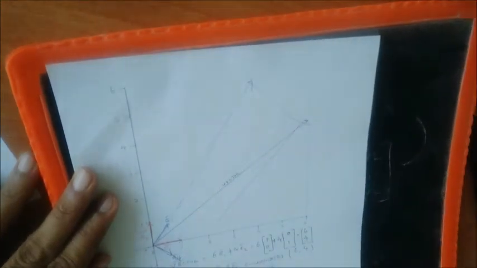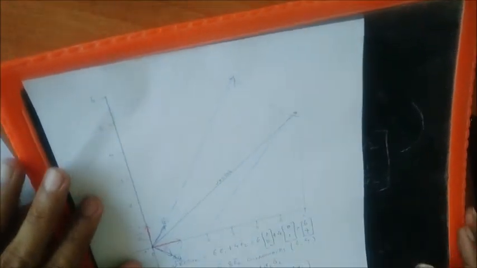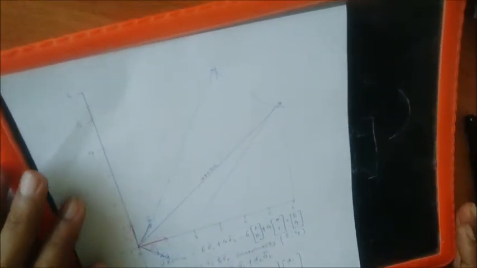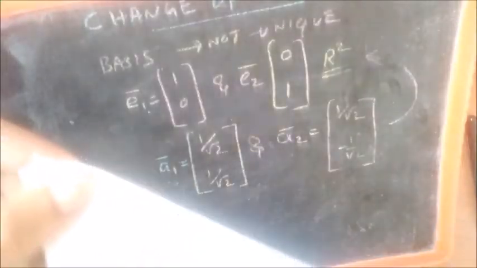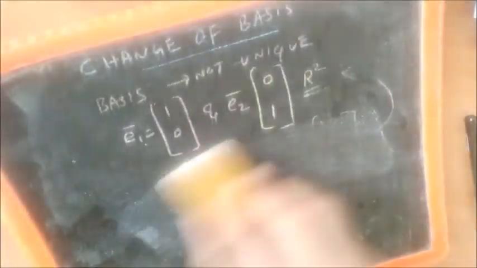So that is what we mean by the basis being not unique. One can change the basis from one to the other. Now this concept I will generalize. It can be generalized in this way. So how to change the basis? Given one basis, how do we change the basis? The general idea is like this.